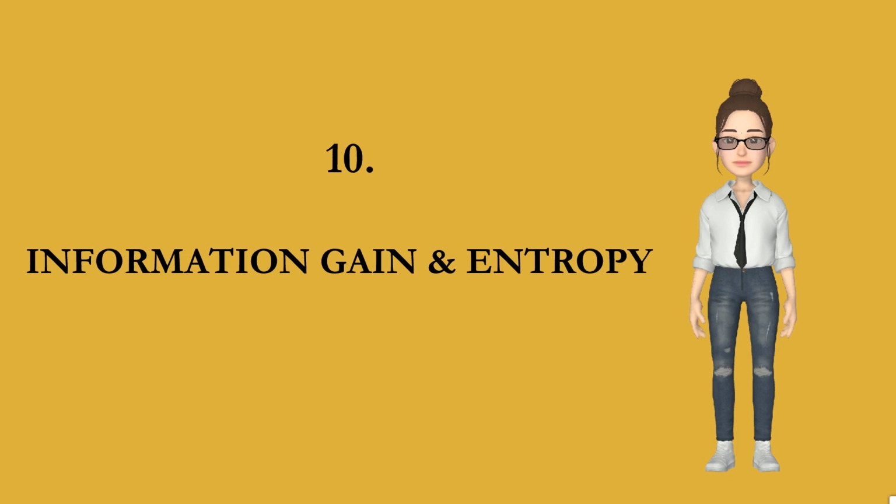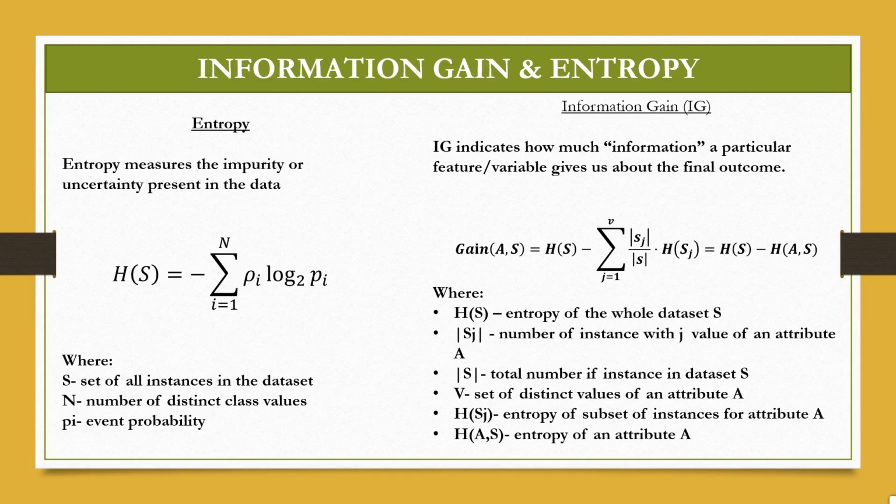We'll focus on the statistical parts of information gain and entropy, and after that we'll discuss a use case and see how information gain and entropy are used in decision trees. For those of you who don't know what a decision tree is, it is generally a machine learning algorithm. So you don't have to know anything about this. I'll explain everything in depth, so don't worry. Now let's look at what exactly entropy and information gain are.